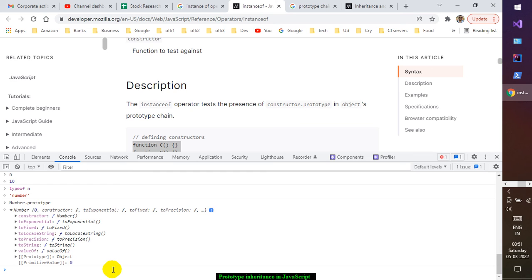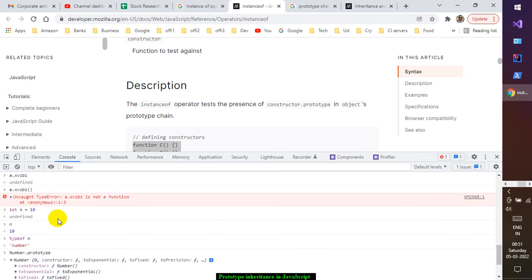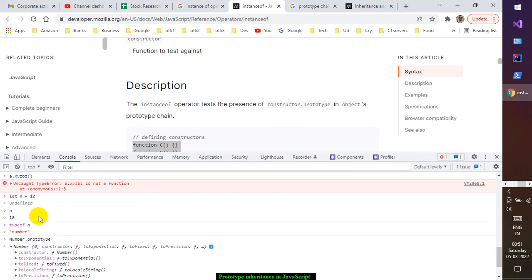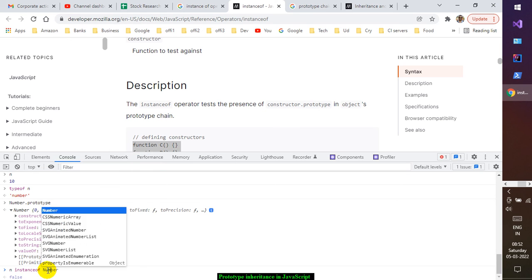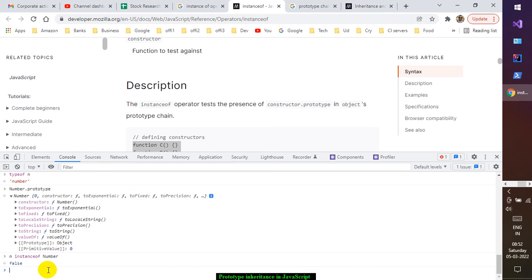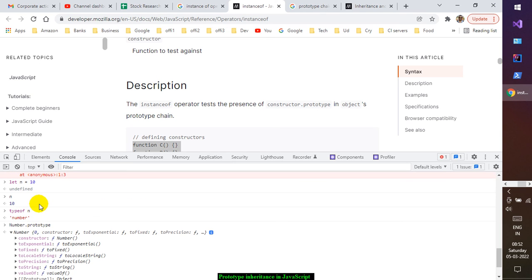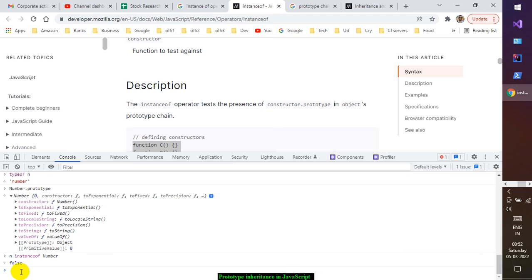On the primitives directly you can't, so in primitives also this prototypical chain is traversed, but the instanceof operator doesn't work. So if you say n instanceof Number, it will say false, because n was not created using the new operator. Okay, but if you say a instanceof